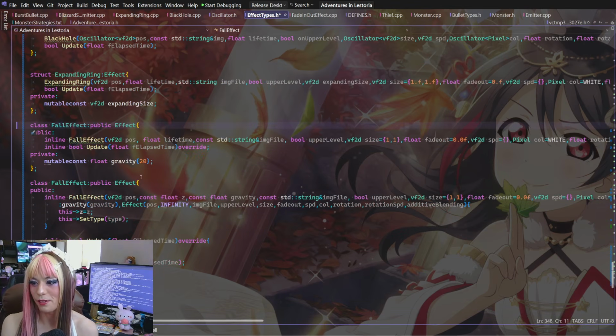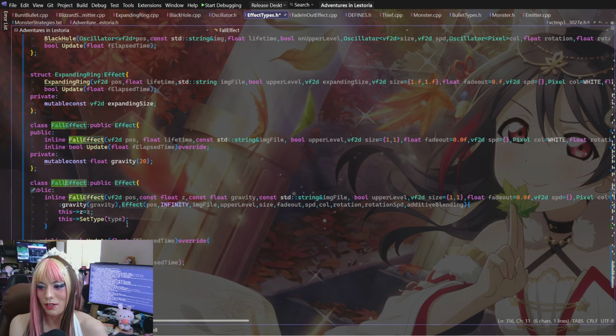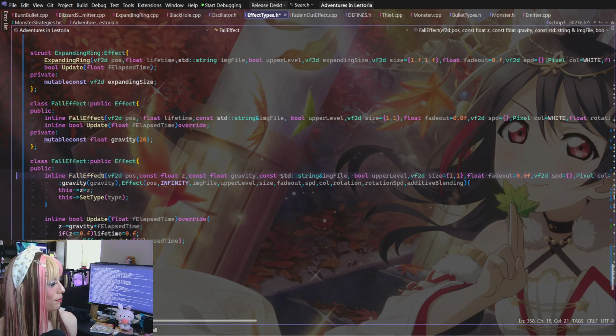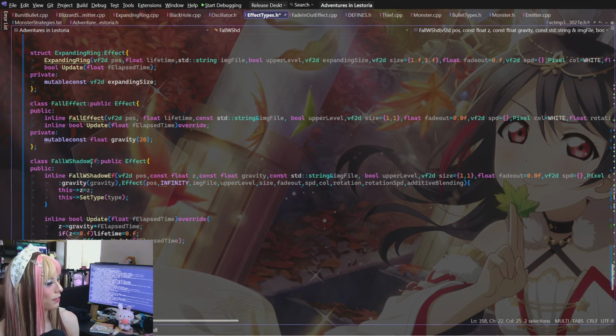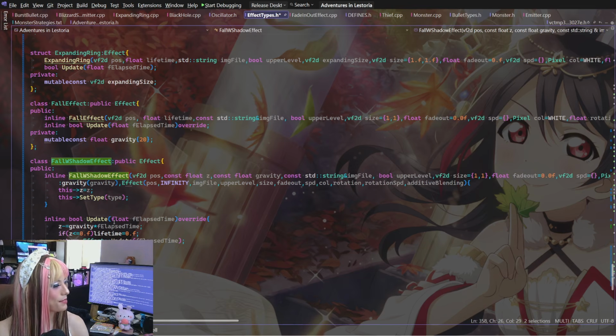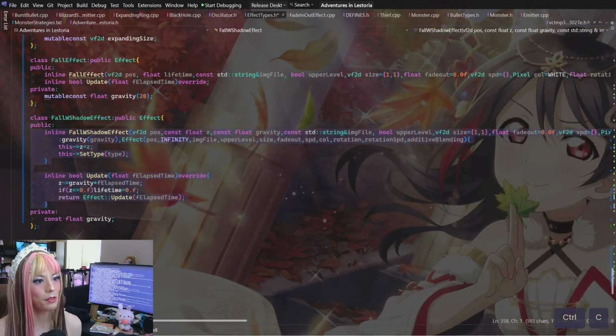Or fall with no shadow. That sounds very verbose. Fall with shadow effect? That sounds silly, right? I'm just going to go with that for now. That's fine. Okay. Fall W shadow.